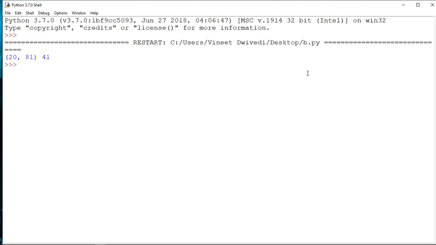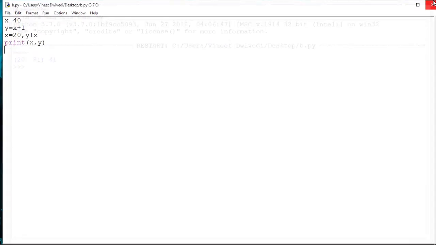Now try to understand why you are getting this, because x is having two values. With 20 comma y plus x, x is actually storing a tuple here, as we discussed in the previous part, in the interactive mode when we wrote x is equals to 2 comma 3, and then tried to find out the type of the variable.